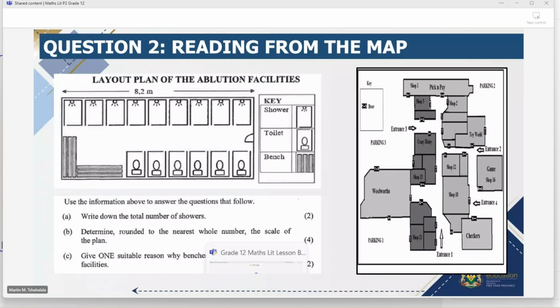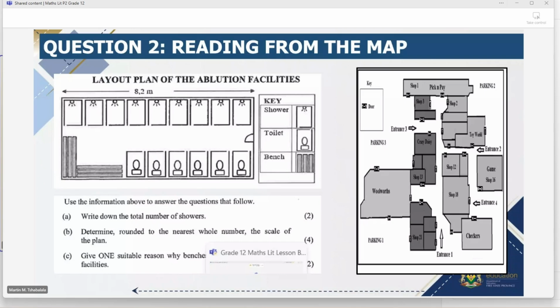So you might be given a sitting plan of a bus. And there will be seats that you can see in the bus. You can see that the number of seats in this bus is 30, and each seat takes 2 people. You write the answer, 30. You get your 2 marks.